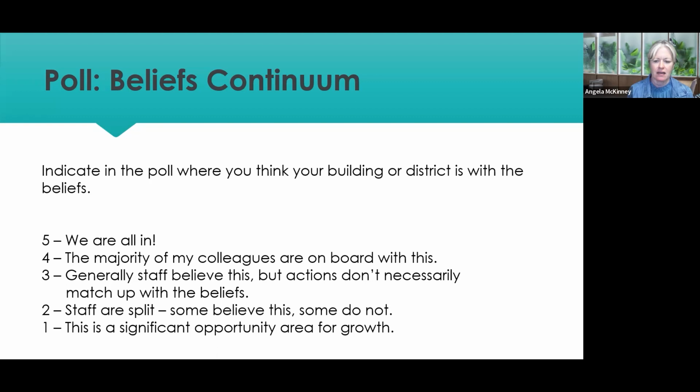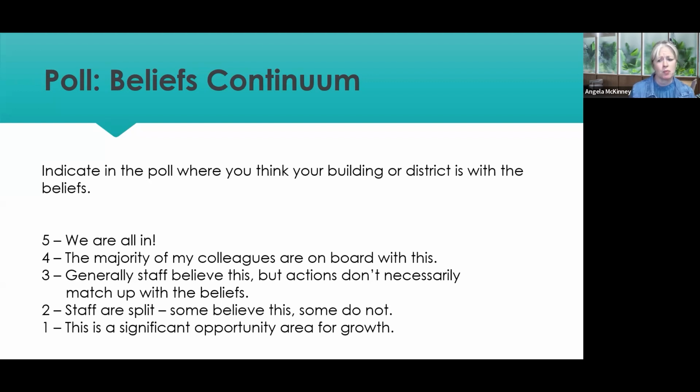And the idea here is that you probably would have a different number that you're putting in for each of those beliefs, because they're going to be different. Some come a little bit more naturally depending on your staff. But I just want you to have that thought that, you know what, if we find that we have one of those areas that tends to be a big barrier, which is also a big opportunity for growth, right? If you want to reframe that a little bit, that can kind of hinder our process for getting a framework in place that's going to be helpful.